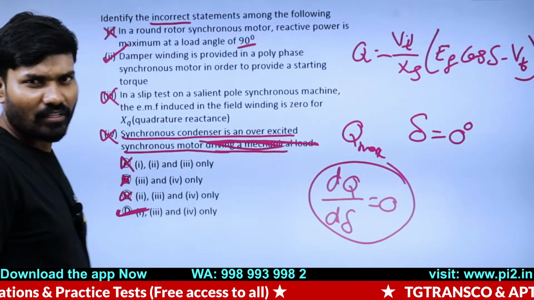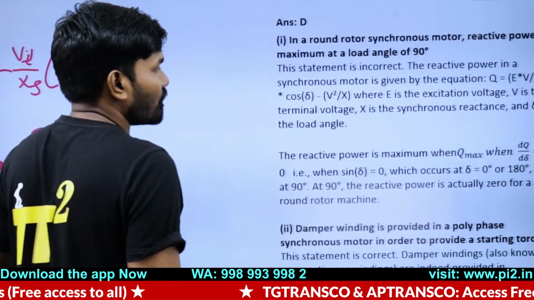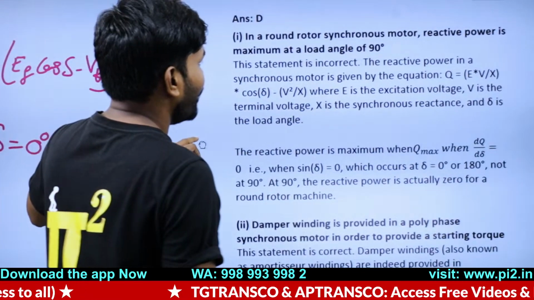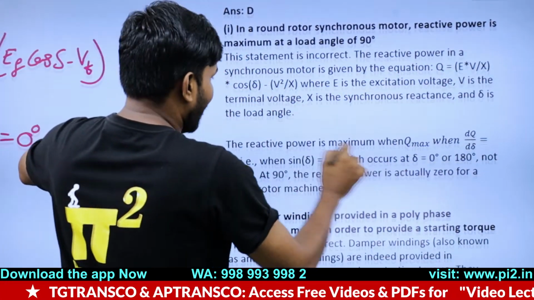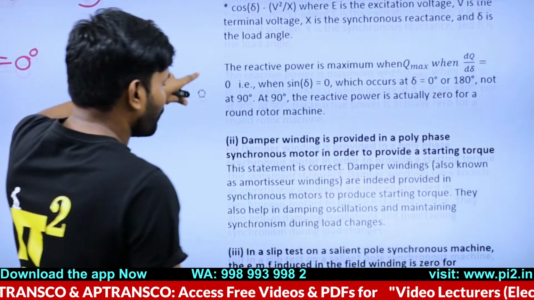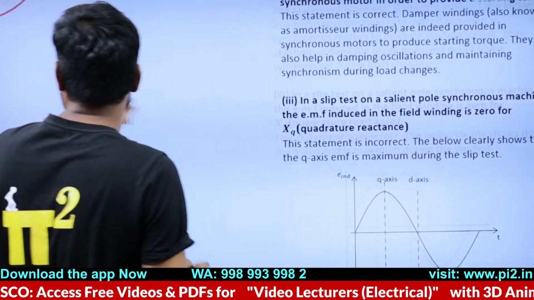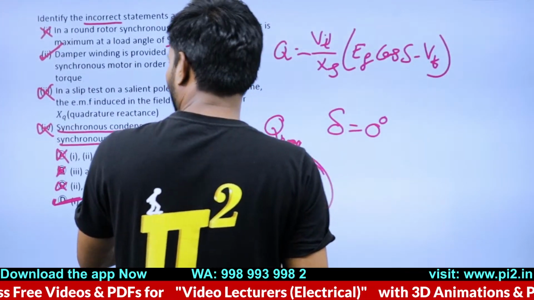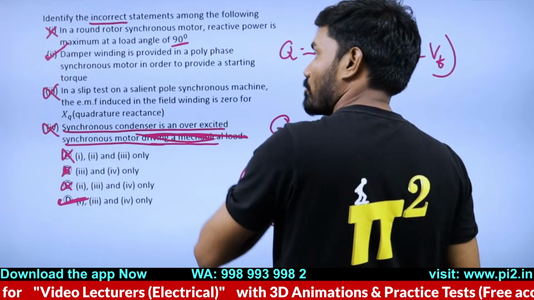You mark this. Now see how nicely all these points are explained. In a practice test, you will have a solution for every point. The formula is given and the condition is given. Each and every statement, first statement, second statement, third statement. Look at this. The third statement we have not seen. Let's check it out, because as it is common in both of those, we marked it smartly.